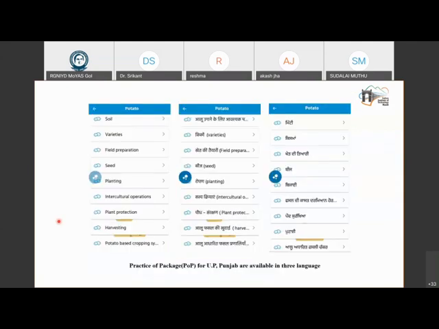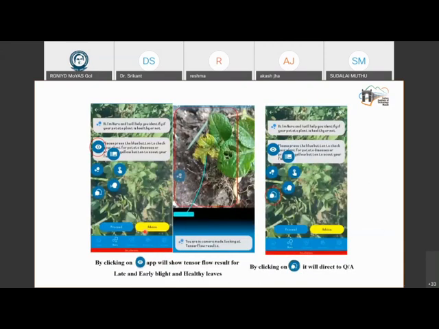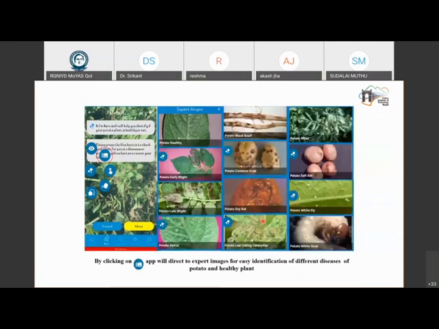Then here are various other advice we have given them about soil preparation, what varieties are suitable for the region, how to prepare the field, what is the source of seed, how to do the planting strategies, and various other things. Now, finally, there are some other screens. I guess there's no point in going through screen by screen, but basically a lot of useful information for the farmers that we have put onto the app. And at some point, it might be an overload of information.